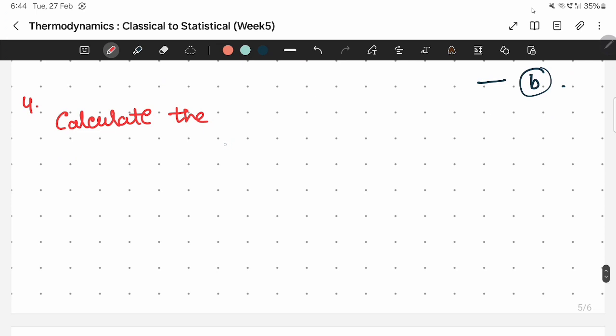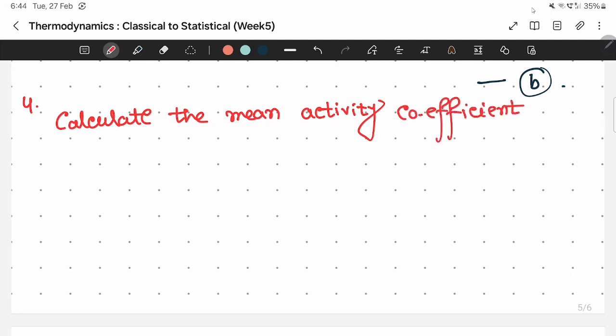Calculate the mean activity coefficient of NaCl,